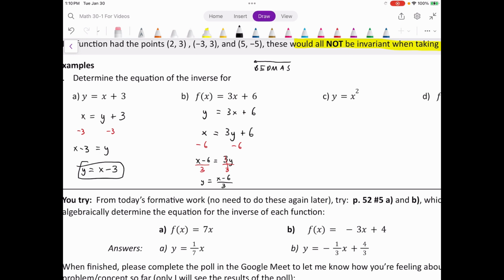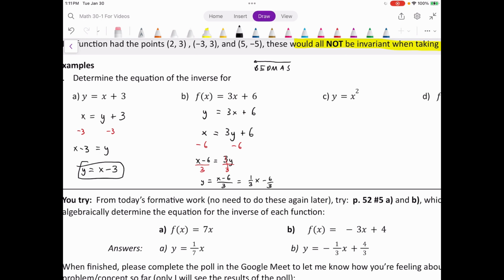Nothing wrong with that, but typically, you know, it's nice to write things in the form for a line. You might recall y equals mx plus b. Why is that nice? It just makes it really good for graphing because we can see the y-intercept right away. We can see the slope, okay? So technically we have written the equation of the inverse, but if it were me personally, I might just rewrite this as x over 3 or 1/3 x minus 6 over 3, right? Just essentially splitting this up,